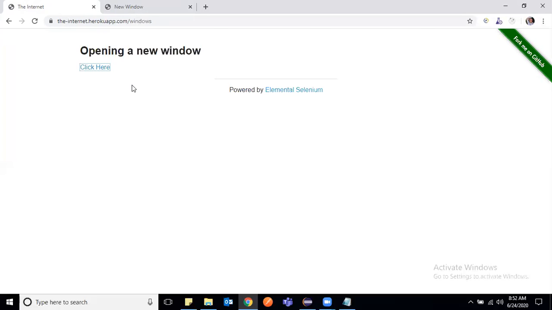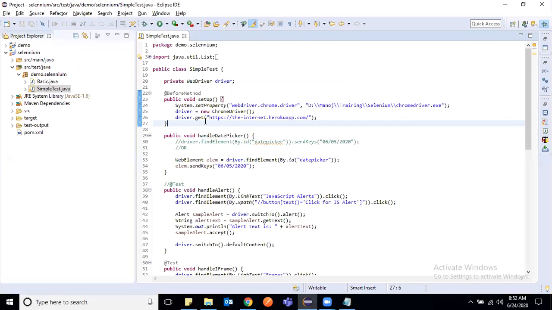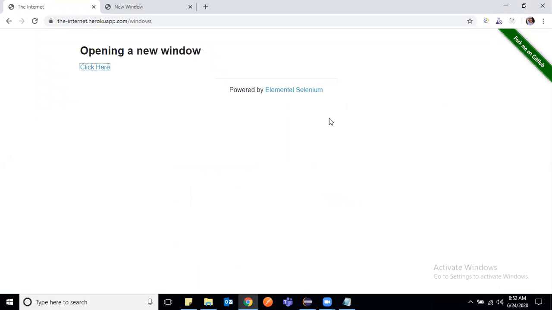One more thing: WebDriver keeps track of how many windows have been opened, but it doesn't track windows you have manually opened, like a Chrome browser you launch yourself. It tracks only what is launched by the WebDriver. The original window opened initially is the parent, and after that, whatever windows open become child windows.